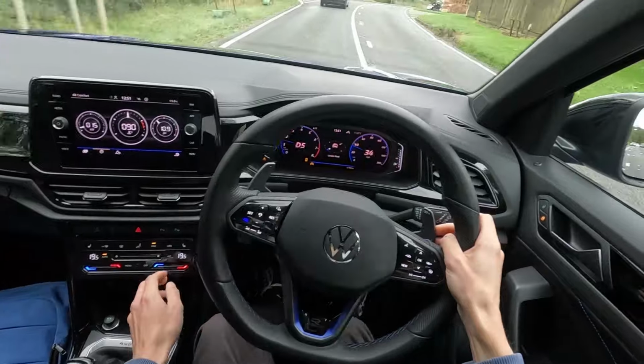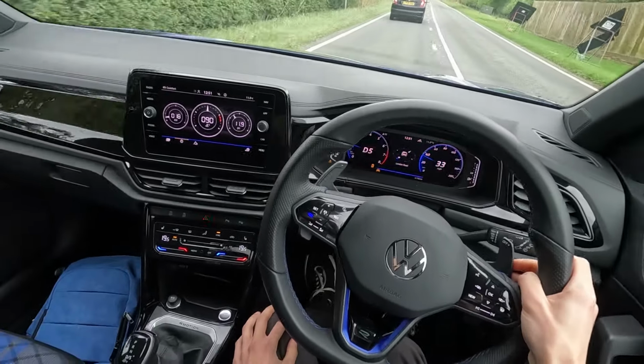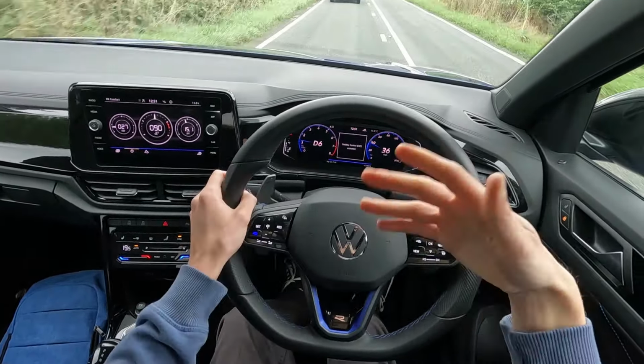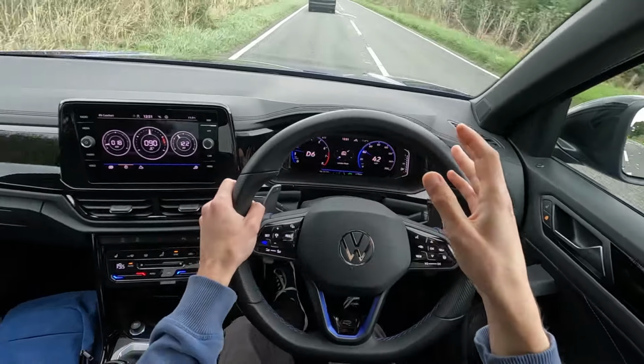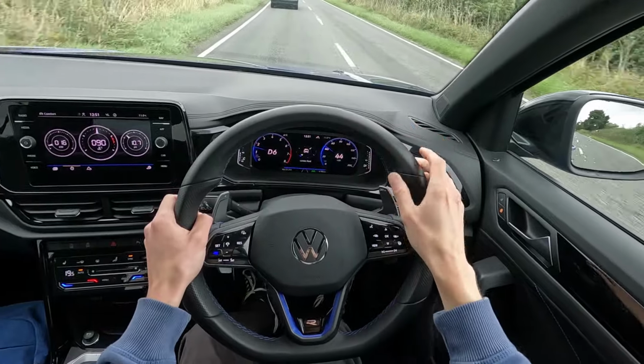We still haven't got traction control off. I like how it's still got some manual buttons to play around with. So just down here, you can turn traction control back on. So basically it gives you all those sort of assists as well. So you've got obviously lane keeping assist, and it'll brake for you basically if you get too close